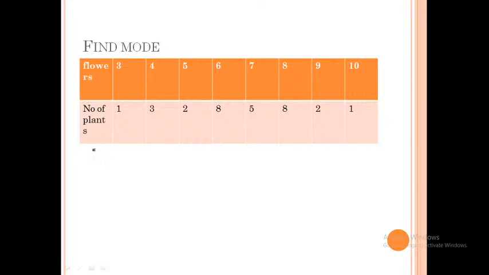Here we have to find the maximum frequency. The maximum frequency in this table is 8, but that maximum frequency exists for two variables, that is the frequency of 6 is 8 as well as the frequency of 8 is also 8. So this type of data is known as bimodal. That means two modes are there here, 8 and 8. These are the highest frequencies in this frequency distribution table, and two variables are having this frequency.